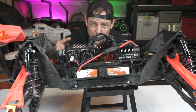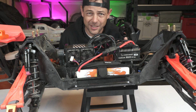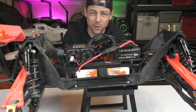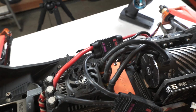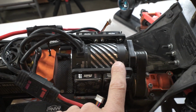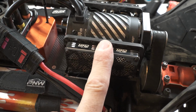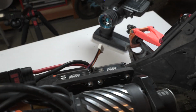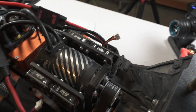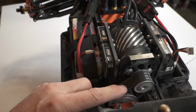All right, it's not really rose petals, it's actually max amps. 9,000 milliamps, that's what's pushing this big old 33-pound truck around. Max 5, running Hobbywing 5690 1250 kV, and we got the PNWRcMadness quad fans on there right now. I'll show you how those are connected in a little bit. PNWRcMadness motor mount belt drive mod,